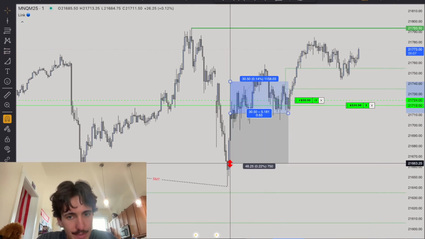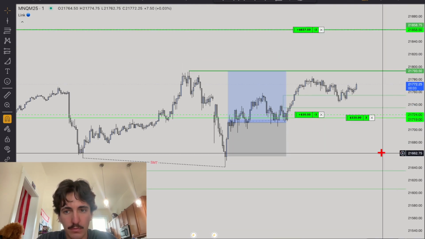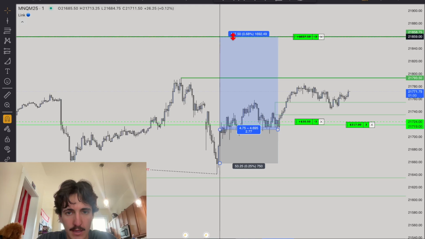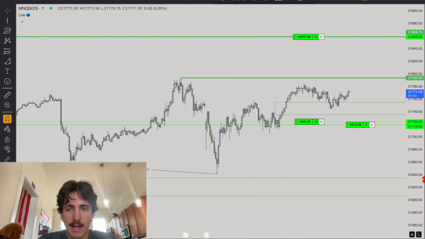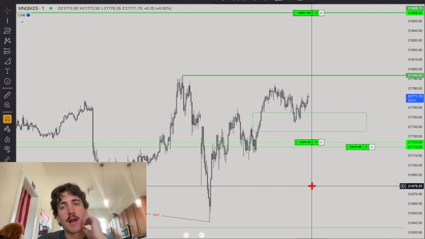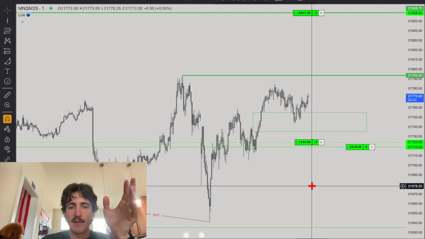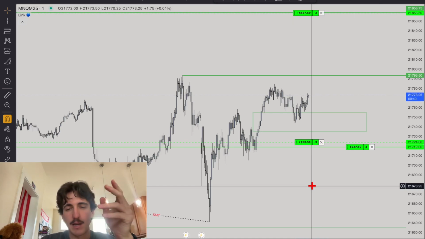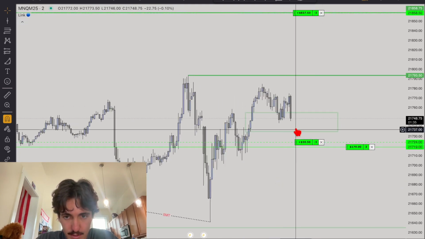Not the best entry, I don't disagree with that. It gives you almost 1.5 R, but to these external highs, gives you a little higher. And then I added one when we got up here, which was a bad add. So a new rule of thumb for me is I want to only add if a confluence is going in my favor. I have a problem of adding off of volume increase, I guess you could say. And like the perfect entry, holy shit,